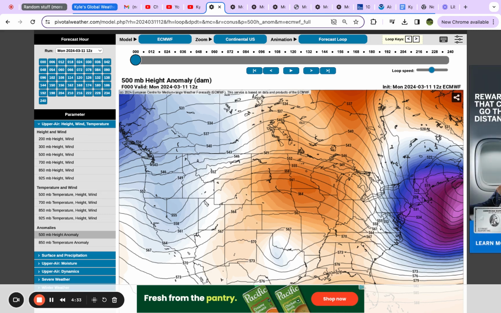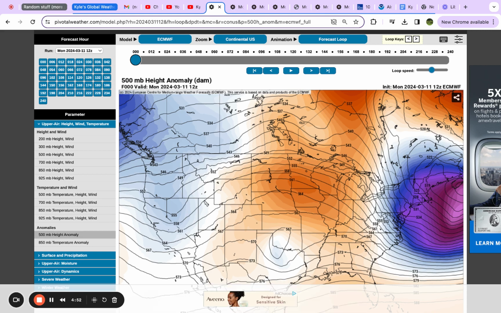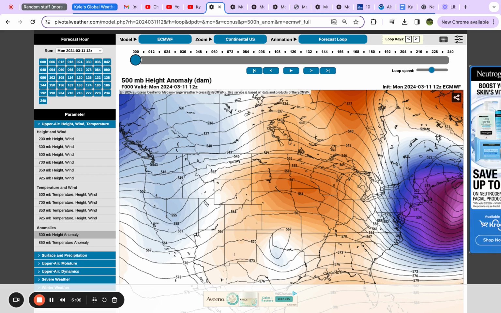This is in terms of decameters. I said 18,000 feet. When you see on this graph right here, you see these little numbers around 560, 550. Those amount of decameters is roughly equal to 18,000 feet. And these isobars, or lines that connect numbers of the same value, anywhere on these lines, it's going to be the same value. Now, what differs because of the colors. That's what makes this an anomaly graph.